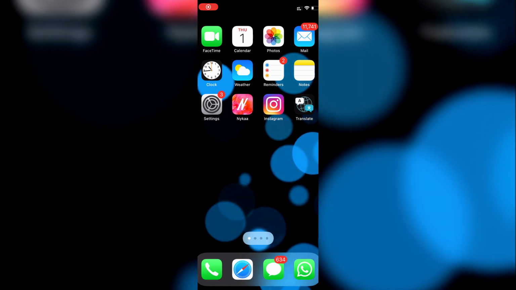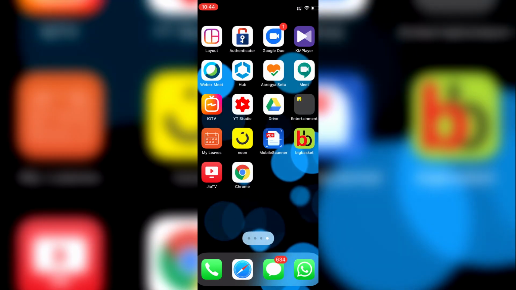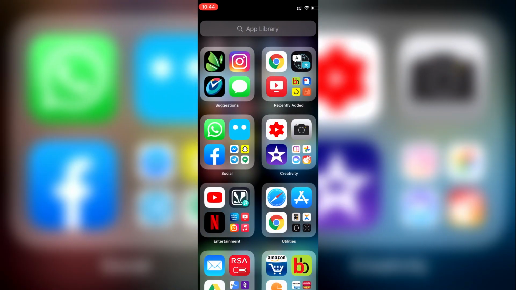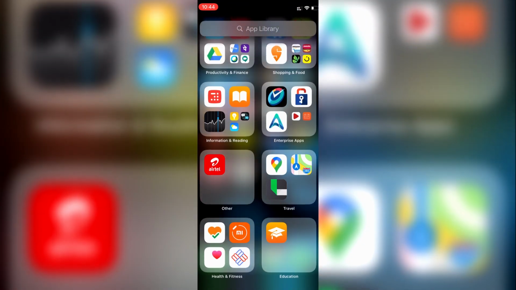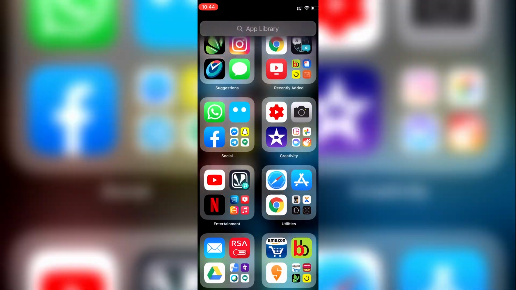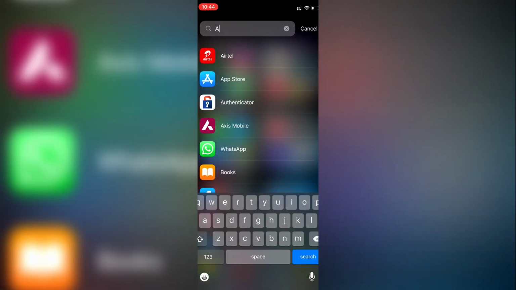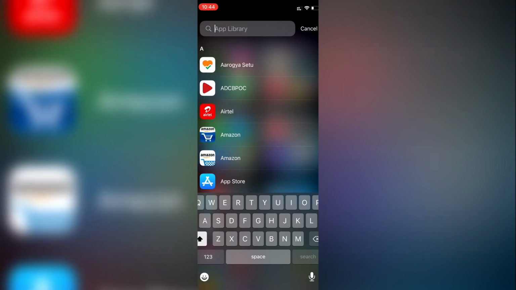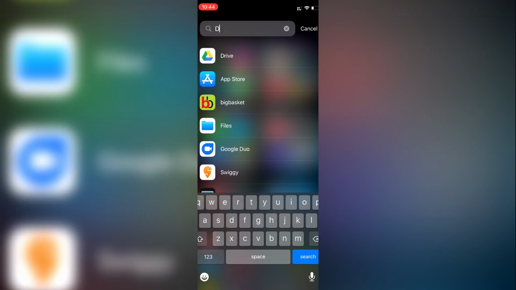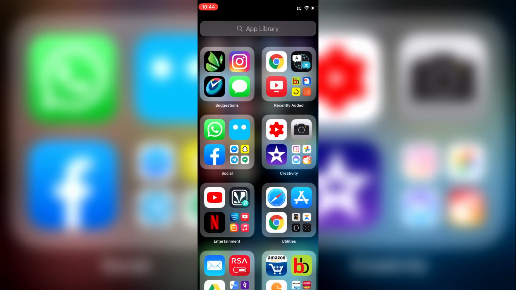So the next thing is the app library. The app library provides you a place where you can see all your apps, and they are organized based on their usability, like entertainment, utilities or productivity apps, which have been categorized according to their usage. And you get a dictionary kind of interface where it is easy to search for your app, and it is really a good feature that has been added.